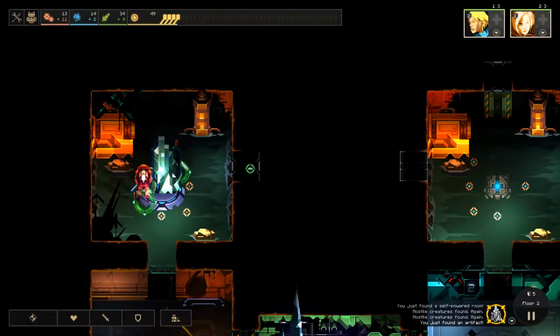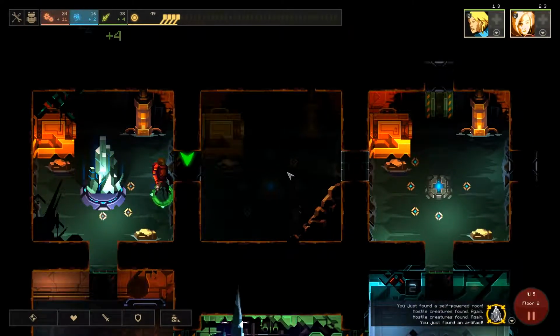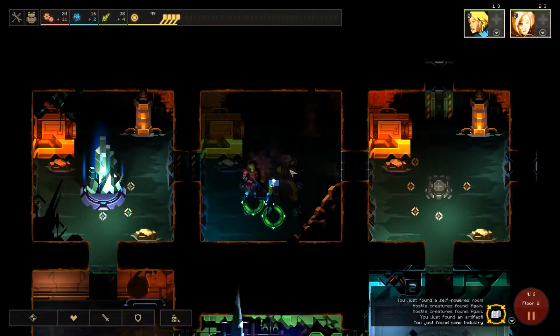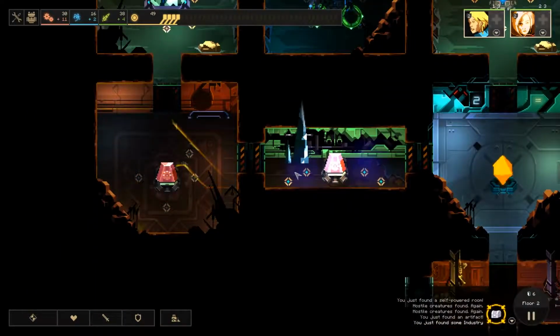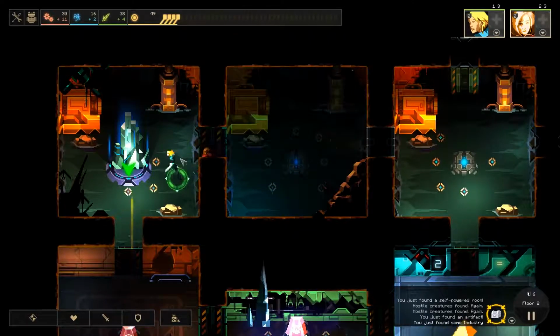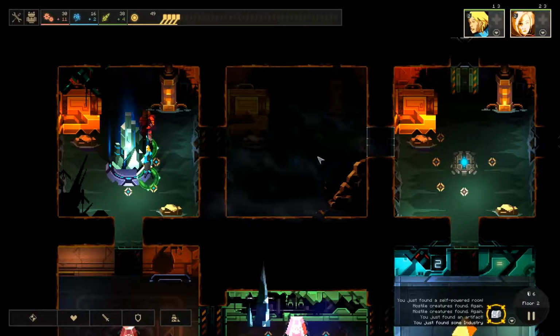Okay, let's open this last room and hope there's dust in here to power it. Because I've got 49, I only need like one dust. Damn it. But it is just a pile of industry. Well. Okay, well let's see if I can generate one more dust. If I go and stand in this room and open this door...